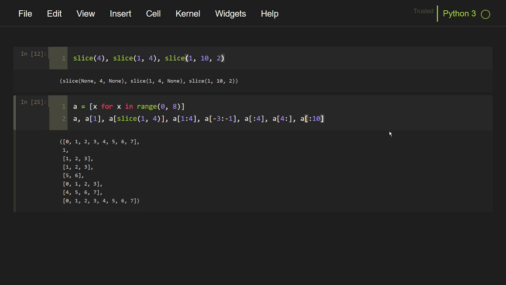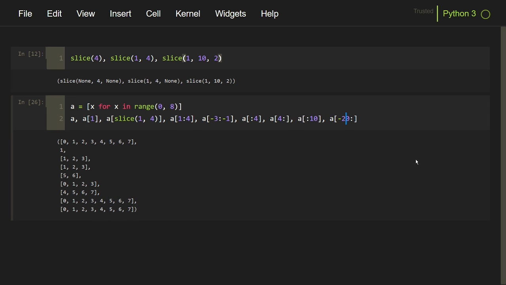and the final list starts with 0 because the default starting value is 0 and the ending value is reduced to 7. Similarly, if we pass negative 20 as the starting value and the default ending value, this will select the maximum of this number and the first index, that is 0. So the final slice object that is returned is 0 to the end of the list, and thus it is the entire list.